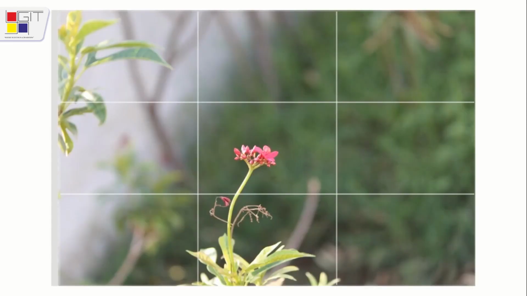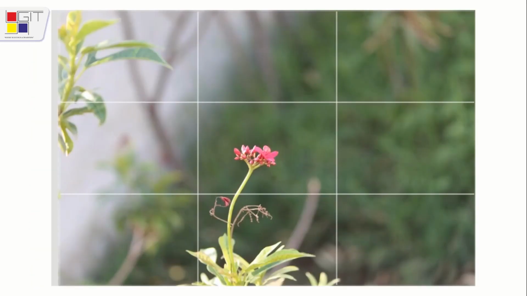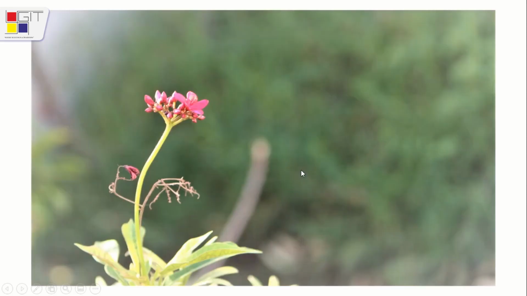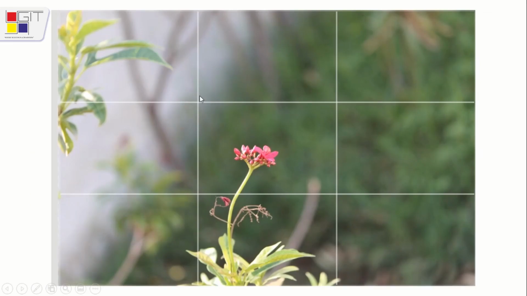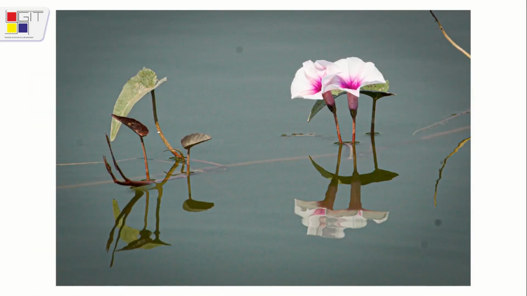The next photograph is this flower, a tiny flower, and nothing is bad in this picture, but you can compare it with this one, and now this one is better than the previous one. Check that my object is on the left side of the frame, over here at this point of the frame, right? This is called rule of thirds. Let us check the next one also. A flower in a pond with some mirror image, and it is again on the right side of the frame, right?